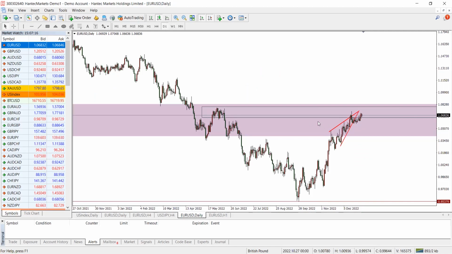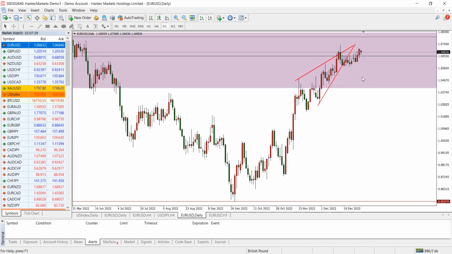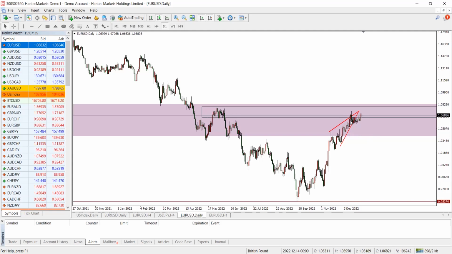And on the daily time frame, what we had earlier, you had this wedge, and you can see this wedge here. Also we had this bearish engulfing here. Let me just zoom in a bit so that you can see that. You had the bearish engulfing here, and then that was December when liquidity was drying up, because